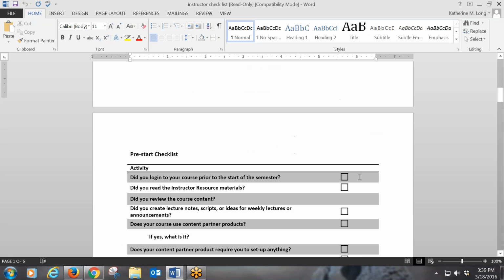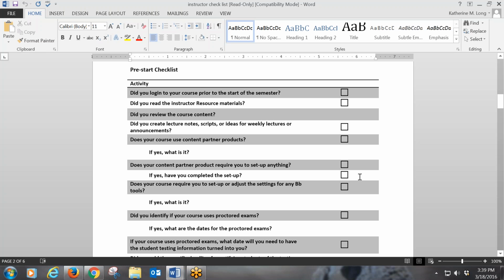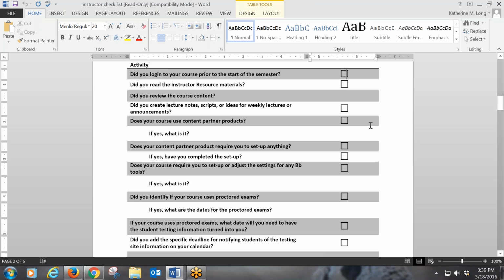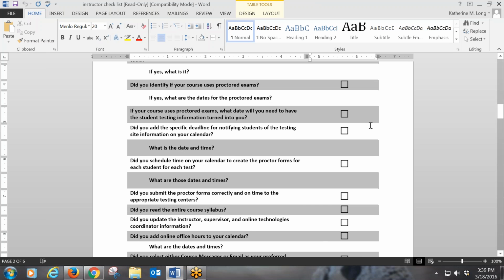So it kind of walks them through things that are expected. Again, we're reinforcing the expectations that we have of our online faculty. They can click this link, they can write a yes or no, and it's okay if they haven't completed all of these tasks. For example, as you go through here,